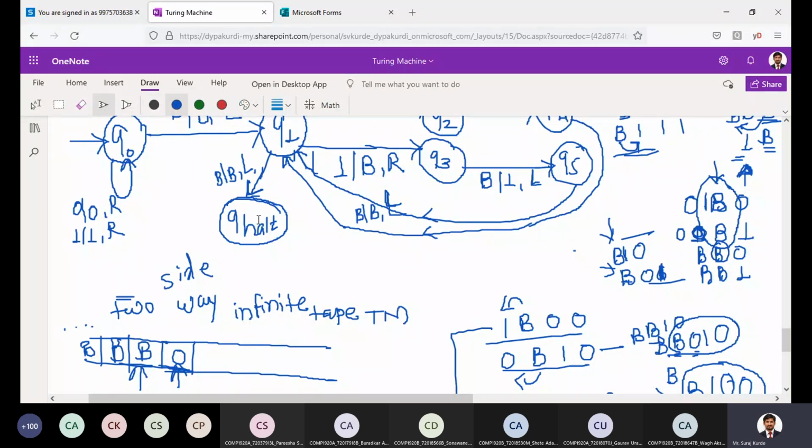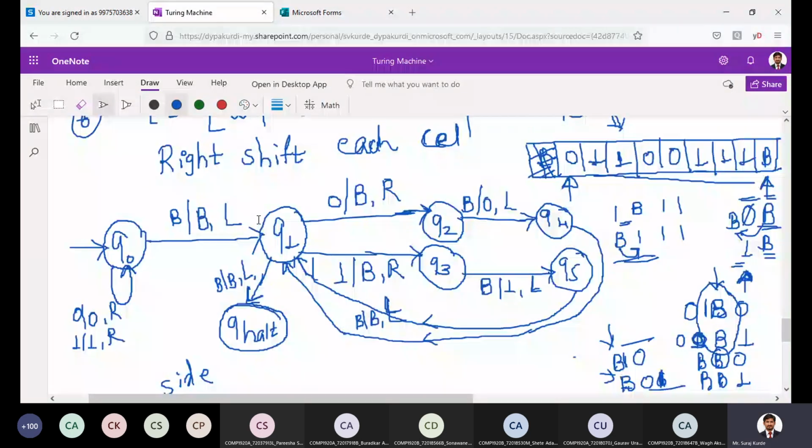That is one of the points in the Turing machine that we have to see. Till this point we have seen QF, that is for understanding. So it will be easy to understand. Now instead of QF, what are we going to write? Q halt. So the machine will halt at this point. This is your Turing machine for the given language.